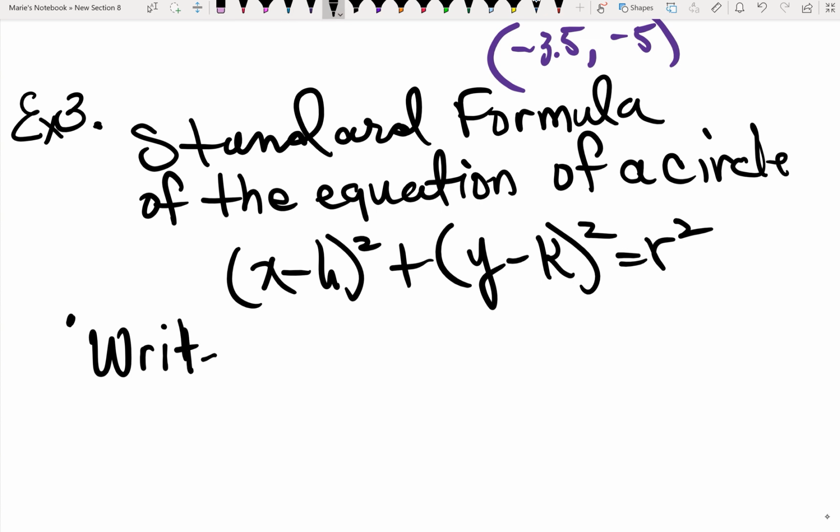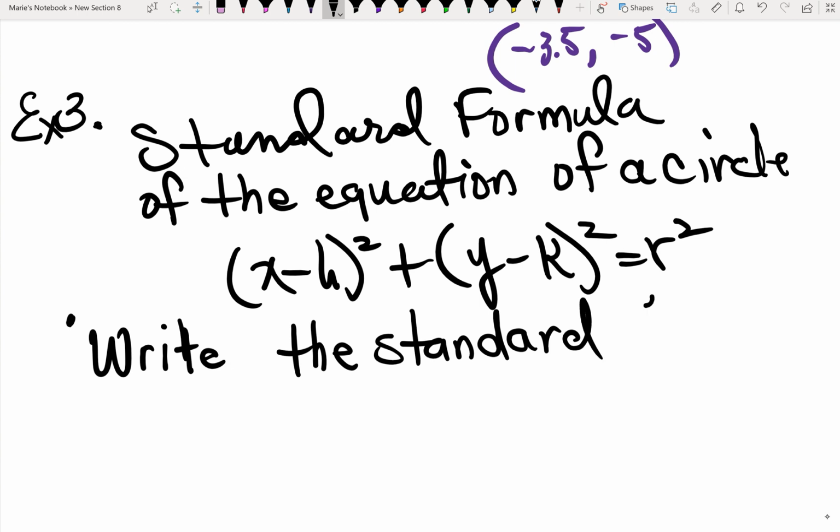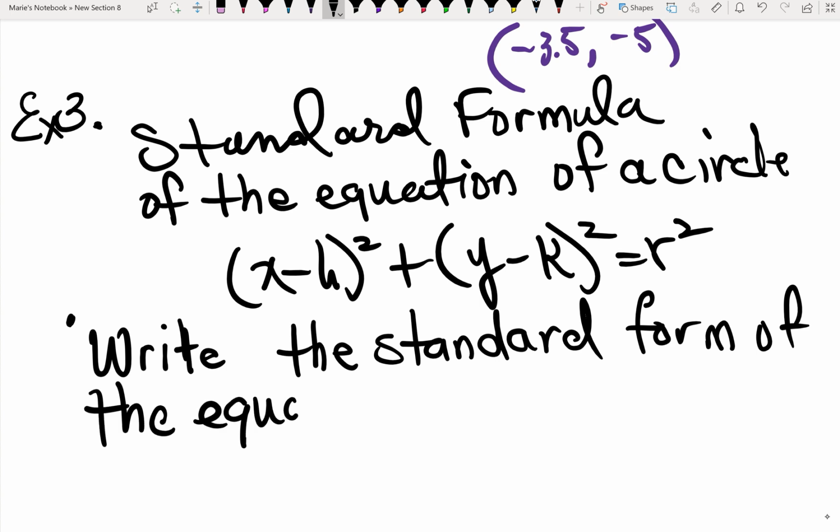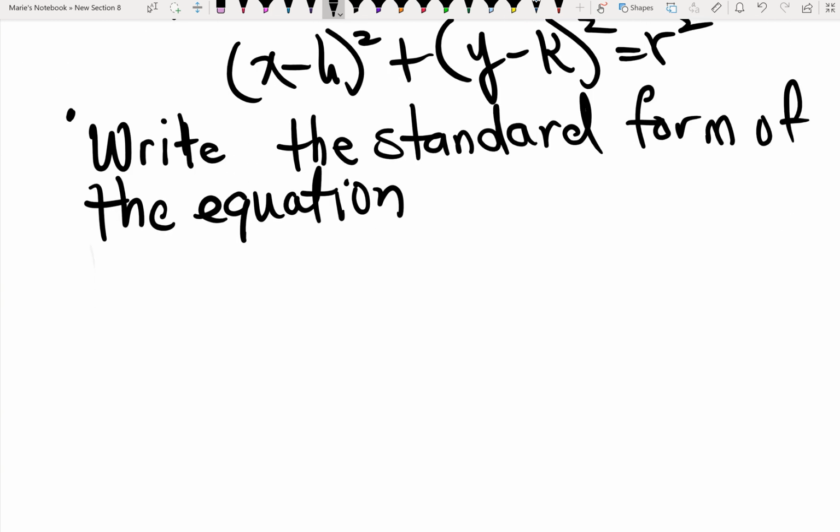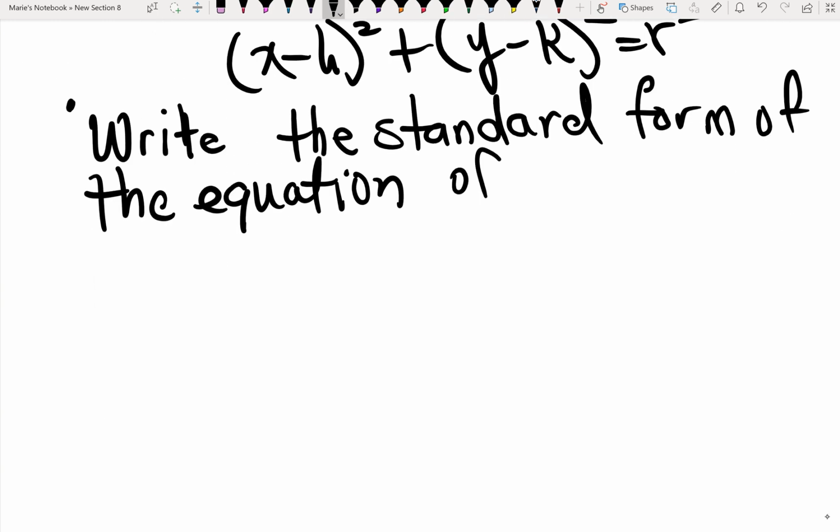Okay, so write the standard form of the equation of the circle with center